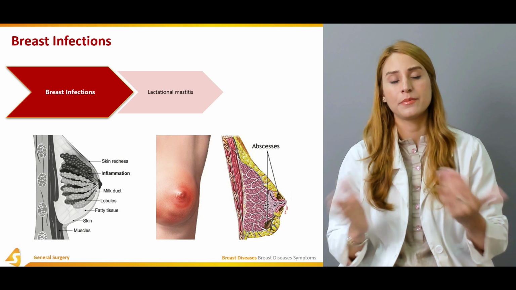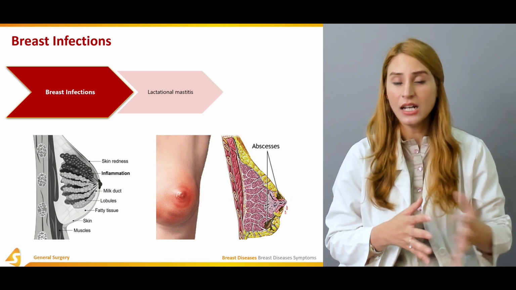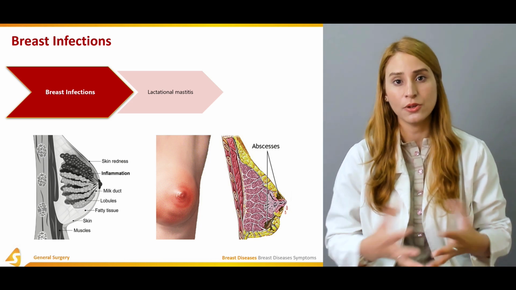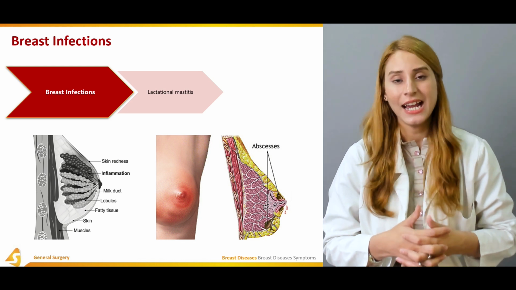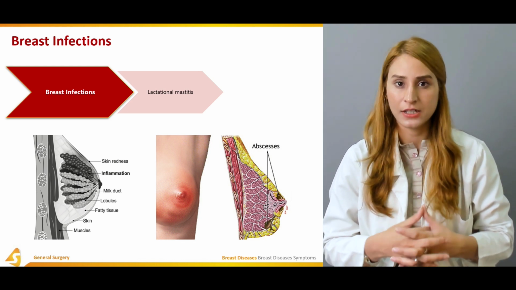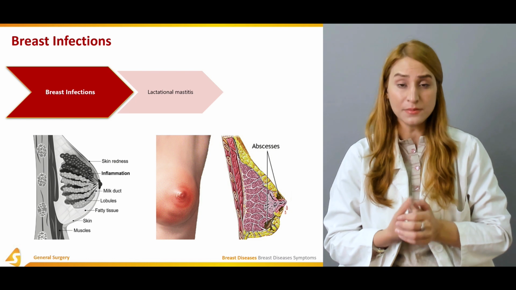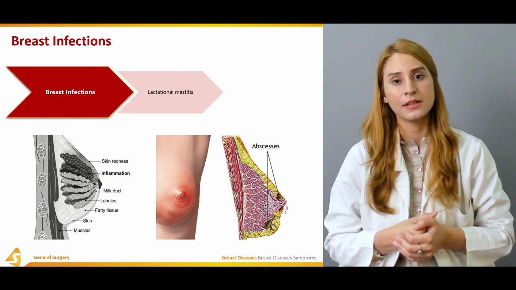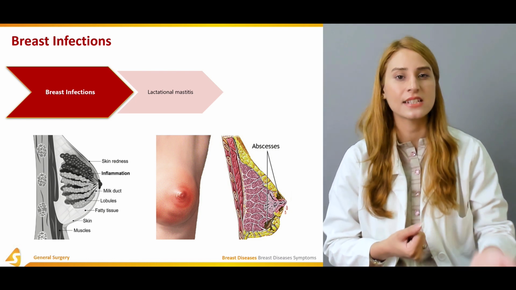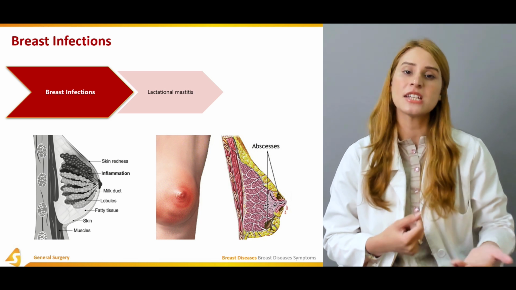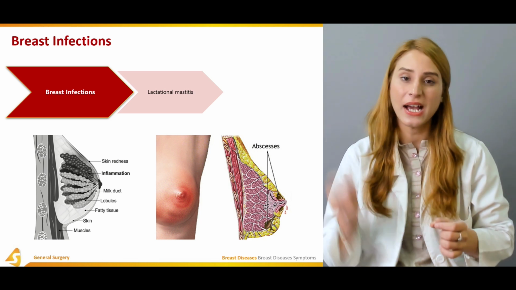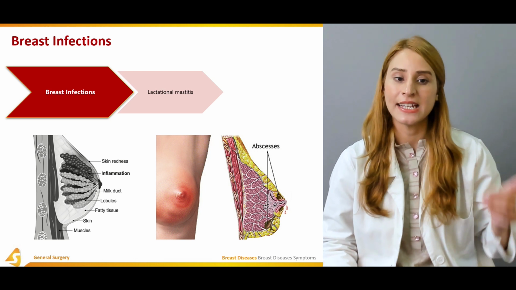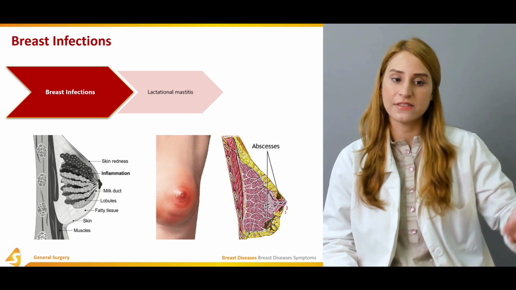Because there can be a cracked nipple because of lactation, and there's an organism on the skin or on the surface of the breast, Staphylococcus aureus, and when the nipple is cracked, it penetrates into the skin, and it actually causes infection